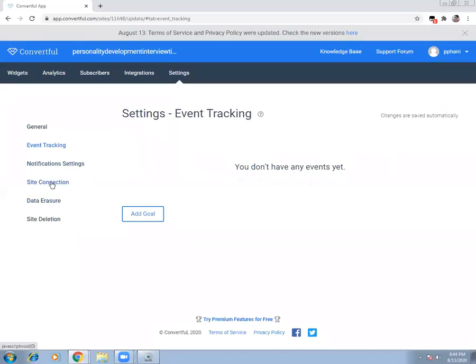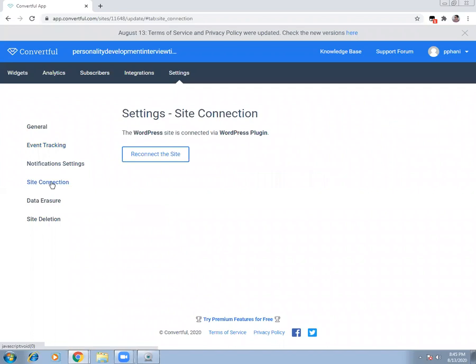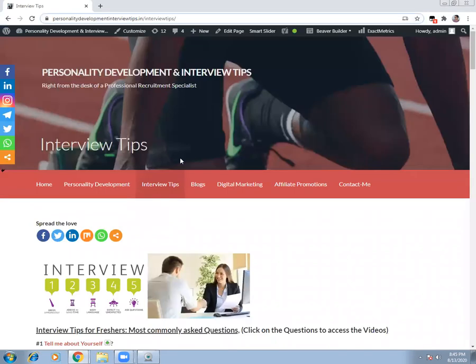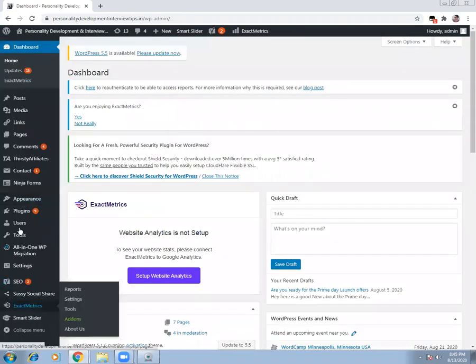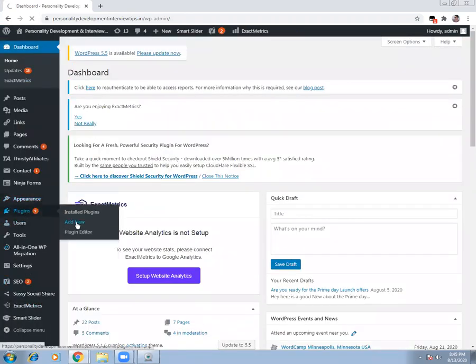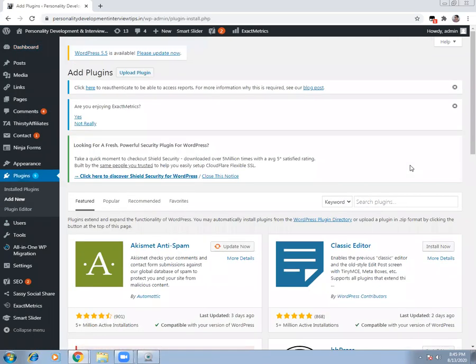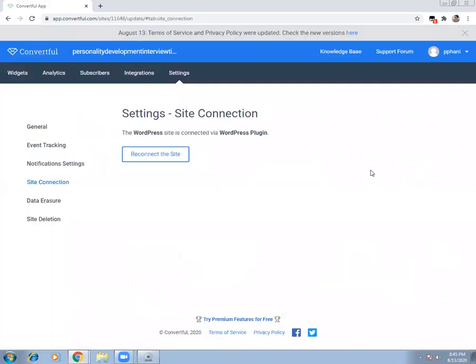Now, coming to your site connection. You can actually reconnect your site. I don't want to do this because it's already connected. How is this connected, Convertful? Through a WordPress plugin. Here you have seen, I went to dashboard, I pulled up plugins, and in plugins, I started searching add new, and then I added Convertful, and through this Convertful, from my website, I got connected to my ID.